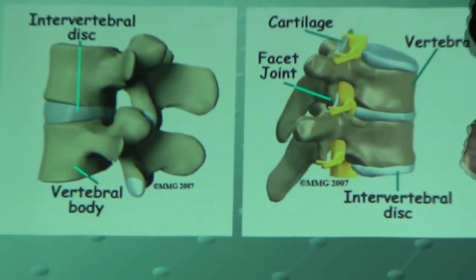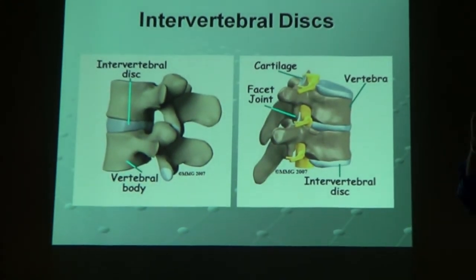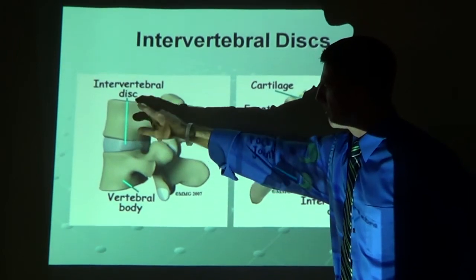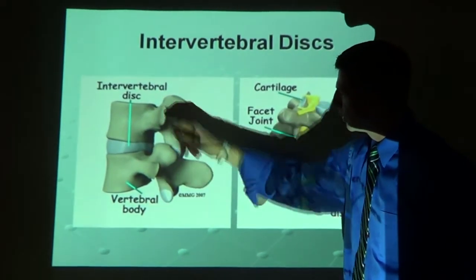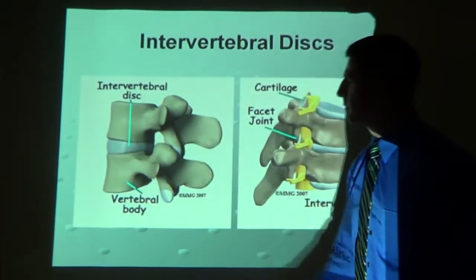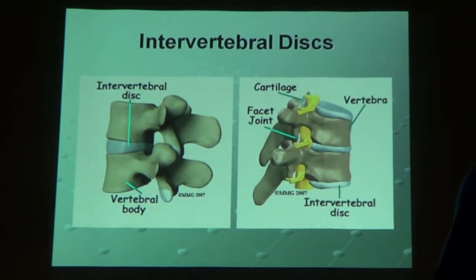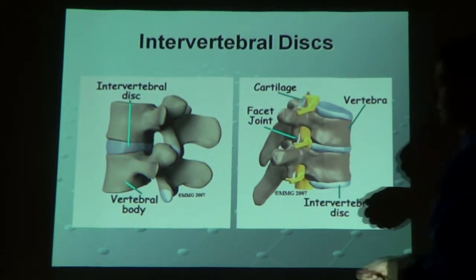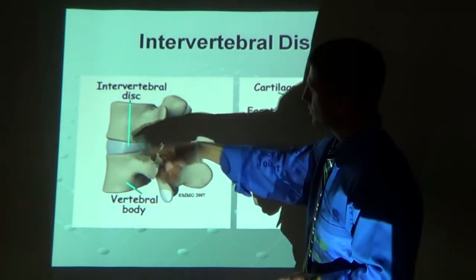This looks more like a lumbar spine facet joint area here. This is what we call the body of the vertebrae. These are the bones that make up the lower back area. This structure right in the middle is the disc. The disc's main job is to provide, number 1, shock absorption, and number 2, stability. So it almost acts like a ligament. It holds the bones together. Okay. The first property that it gives us with shock absorption is related to the